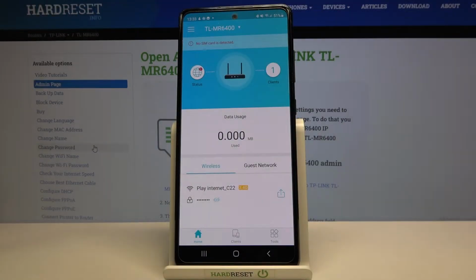Welcome. In this video I will show you how to check all the connected devices to your TP-Link TL-MR router Wi-Fi network. You need to download and open the Tether app on your smartphone from the Google Play Store or App Store,